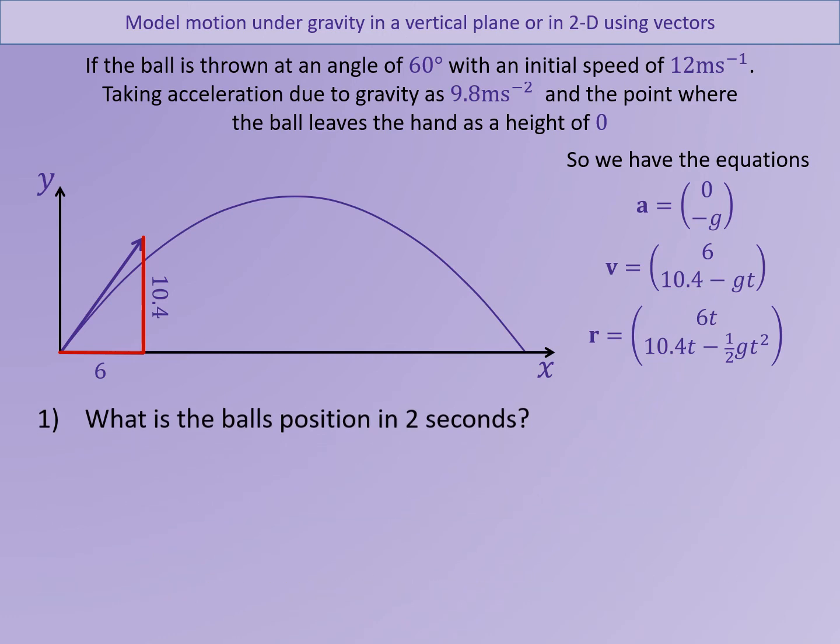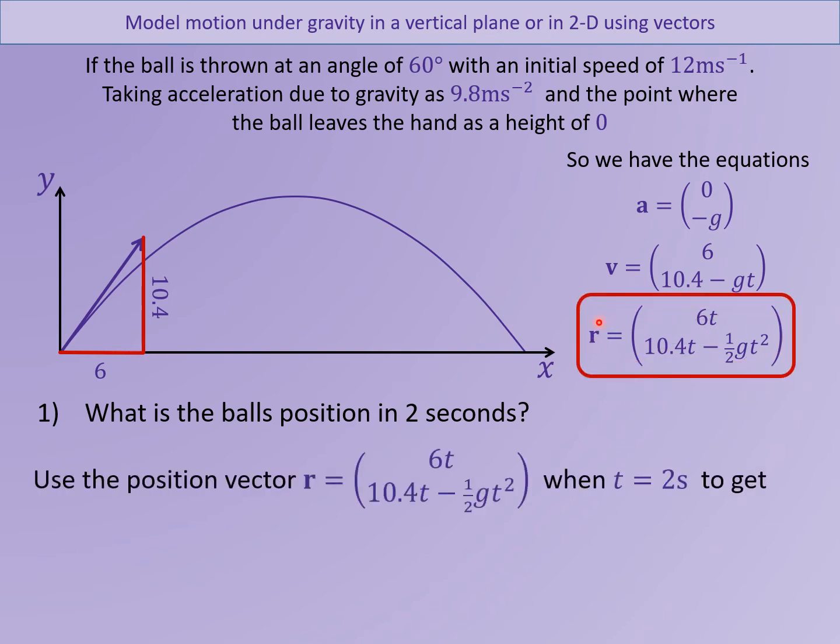Okay, so let's have a look at question number 1 then. What's the ball's position in 2 seconds? If we're looking at the ball's position in 2 seconds, we're looking at its position vector. Now the position vector is the bottom one. So I could write the position vector straight out, and all I need to do is, because I want the position after 2 seconds, if I think of it as a grid, how far across, how far up,